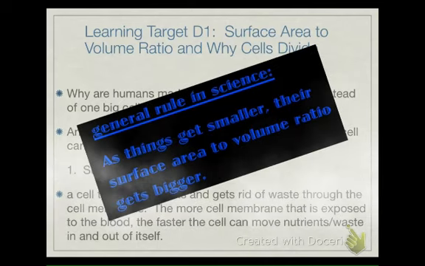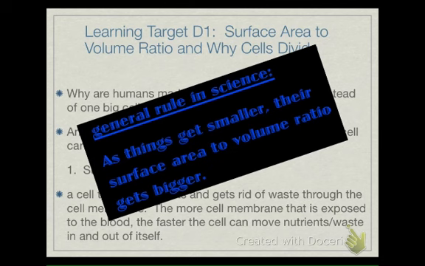This is important for all science classes you ever take ever. You should know this. In general, as things get smaller, their surface area to volume ratio gets bigger. And for cells in biology, high surface area to volume ratio is a good thing. I would know that one of the biggest goals that a cell has is to keep its surface area to volume ratio very large. It wants that number to be as big as possible,